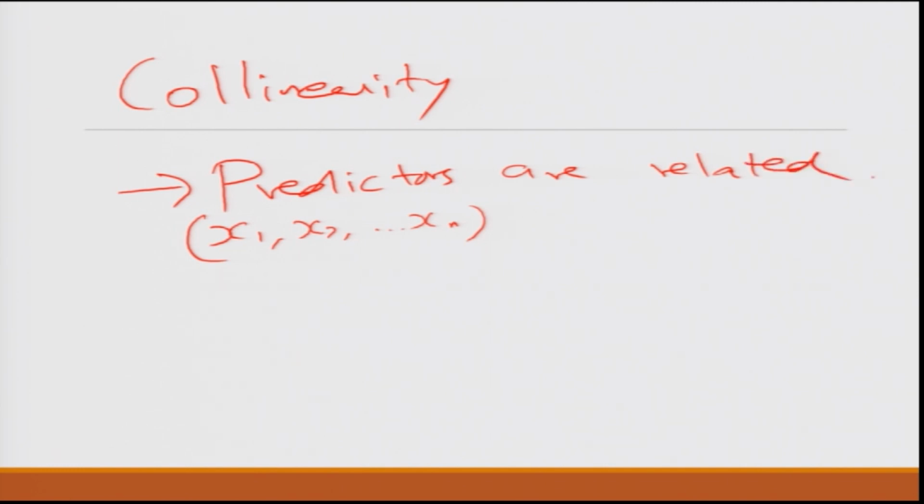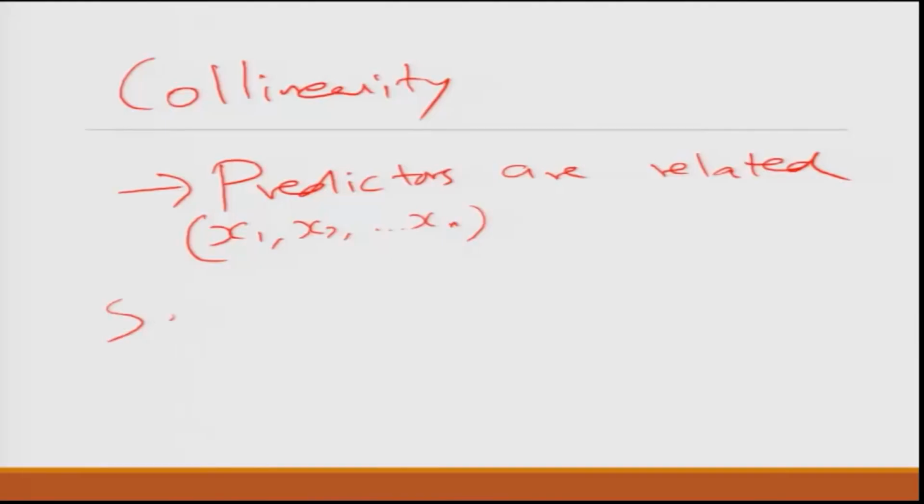For example, let us take the case of sales. You do a regression of sales on multiple variables.